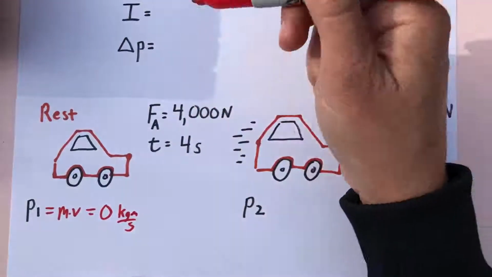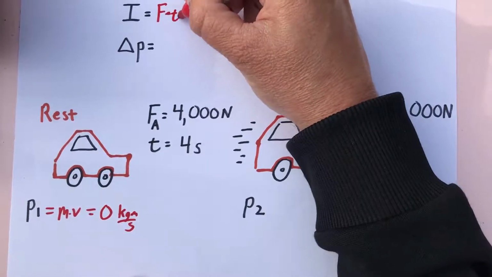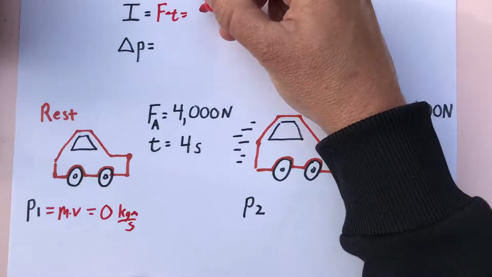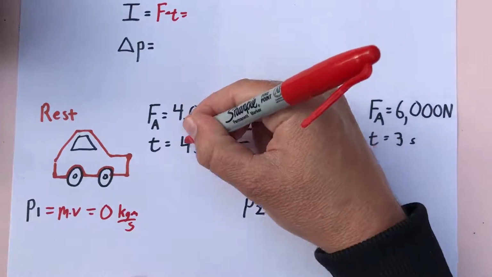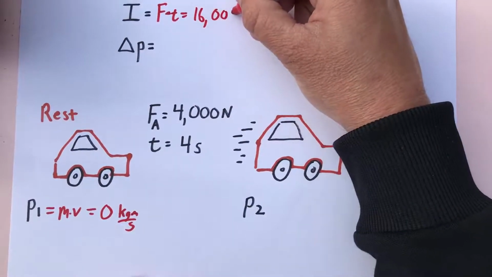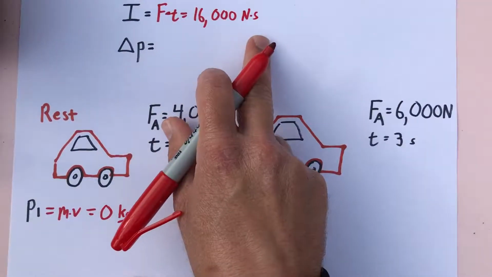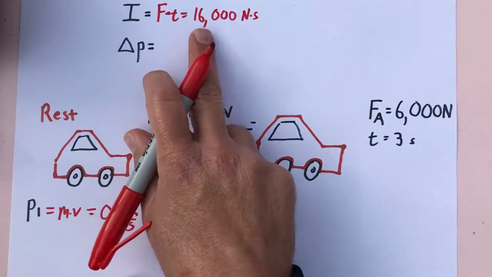So now we can come up here and we can find the impulse, because impulse is force multiplied by time. If we do that, we get 4,000 newtons times 4 seconds, and so 16,000 newton seconds will be our impulse. And by the way, if you enter this into the computer, put